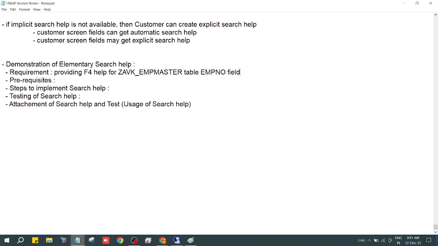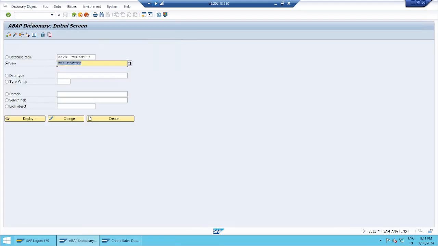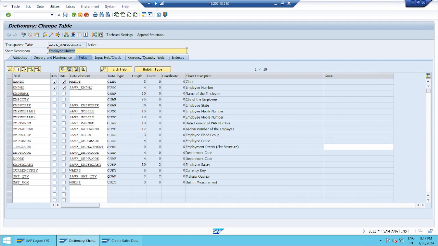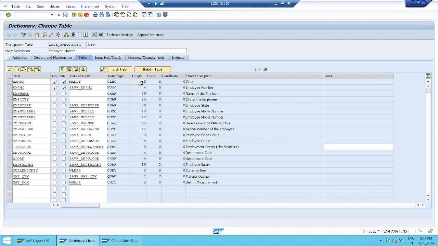So why do we have to provide it explicitly? Why do we have to create it explicitly? The reason is it is not coming by default. SAP F4 help is not coming here. If I try to create entries,